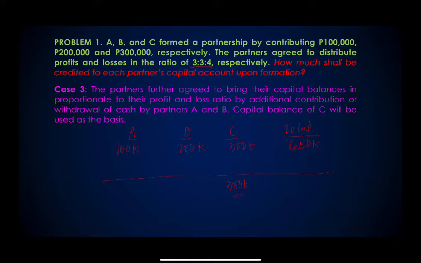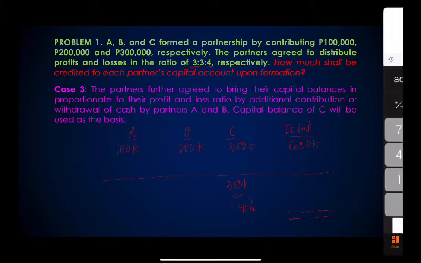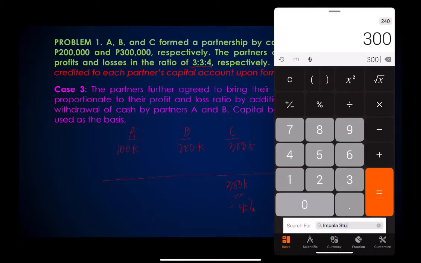So 300,000, if we're going to base on this capital account balance, we have to divide it by 40% to determine the 100%. And that 100% will serve as the basis for our total partnership capital. So that is simply 300,000